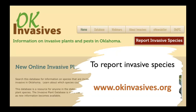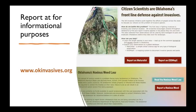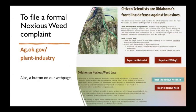To report invasive species, you can go to our website, okinvasives.org, and hit this big red button to take you to the Report Invasive Species page. You can report for informational purposes, so you don't have to send a formal complaint to ODAF just to report it. For informational purposes, you can do a citizen science report on iNaturalist or with the early detection mapping system. You can get to those links through our website. You can also file the formal complaint through the noxious weed law. Finding that form on the ODAF website may be difficult. This is a link to the page to find that